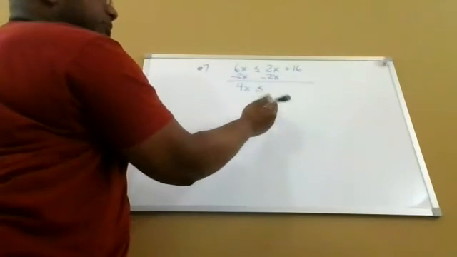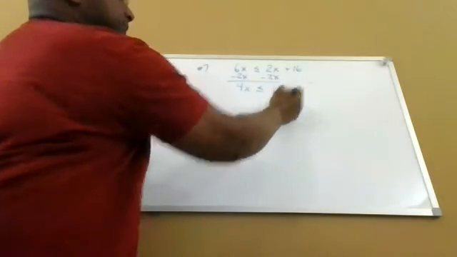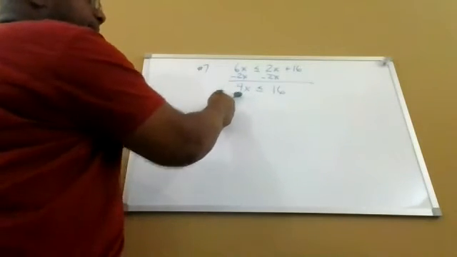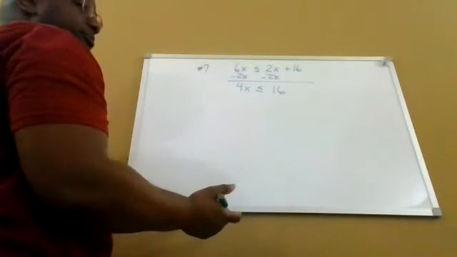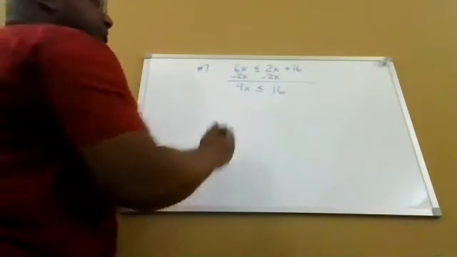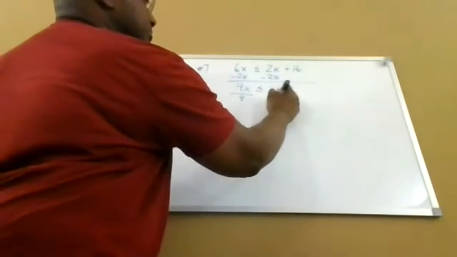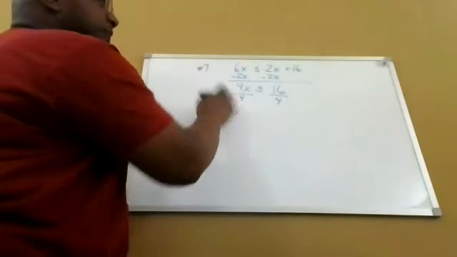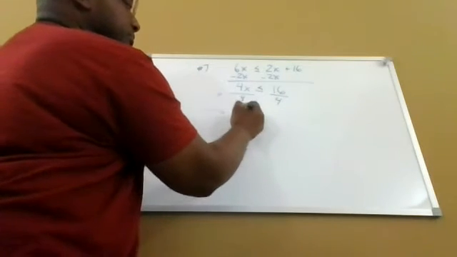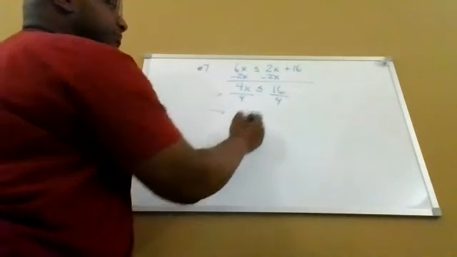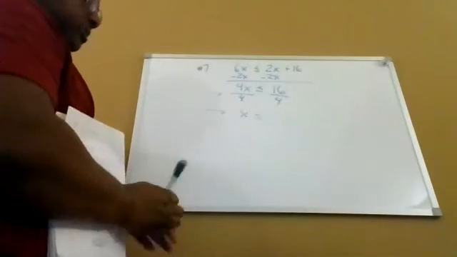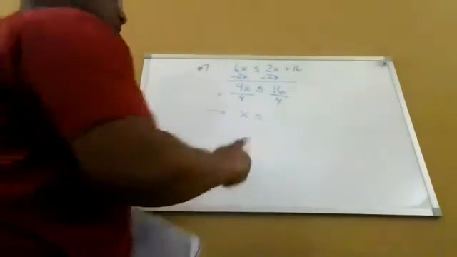2x minus 2x is 0. Now I bring down my 16. Since this is 4 times x, to get x by itself, I'm going to do division because this is a multiplication problem, and we do the opposite of multiplication, which is division. On the left-hand side, 4 divided by 4 is 1. 1 times x is just x. Bring down my less than or equal to. And then on the right-hand side, I have 16 divided by 4 equals